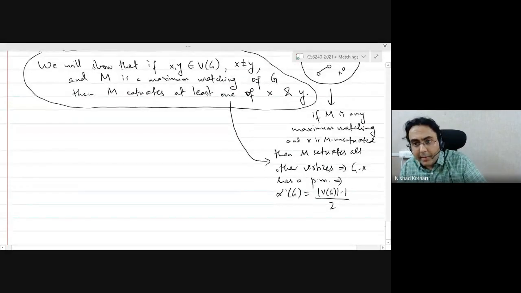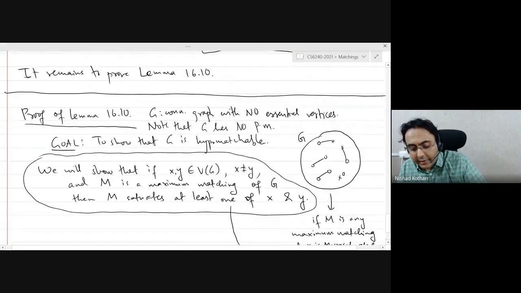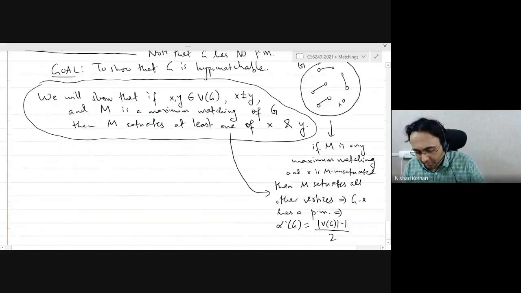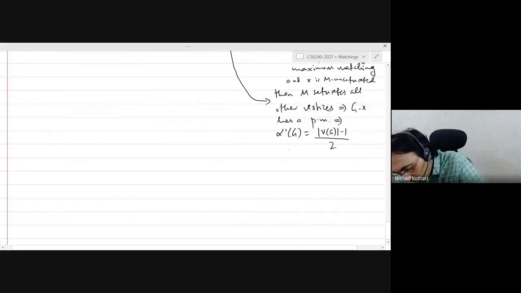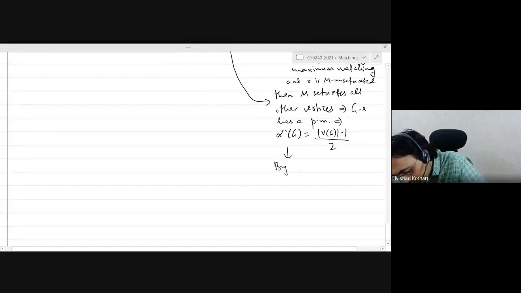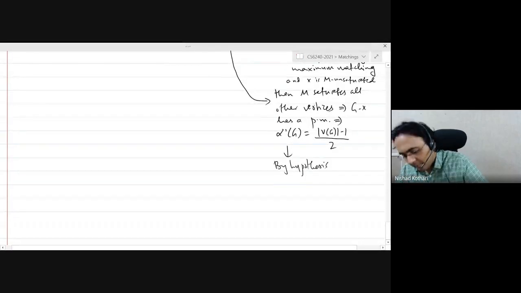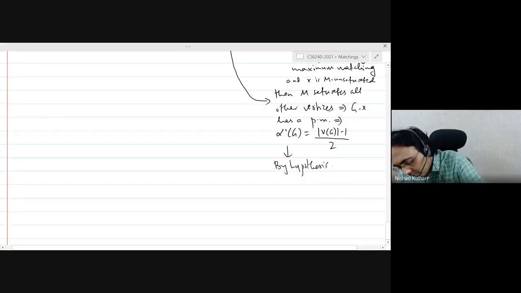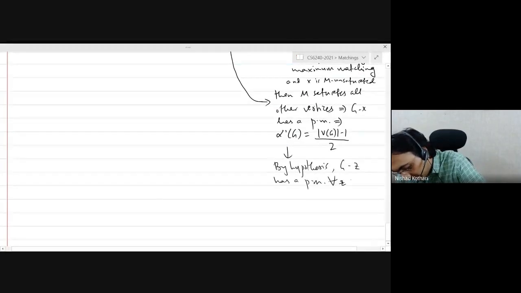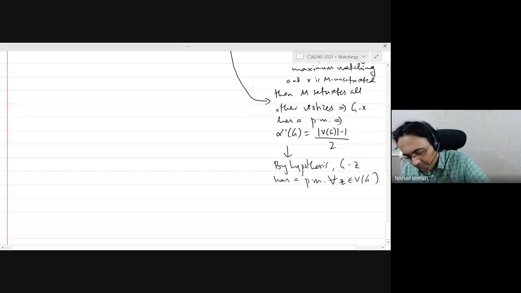But if this is the size of the maximum matching and every vertex is not essential, that means that for every single vertex, there is a perfect matching after deleting that vertex, right? So then it follows, by hypothesis, G minus z has a perfect matching for each vertex z of the graph, right?